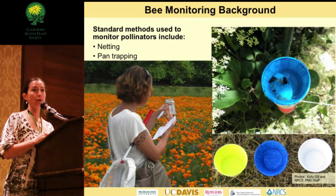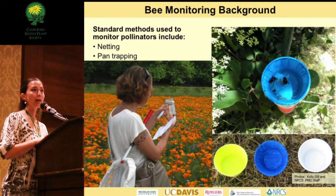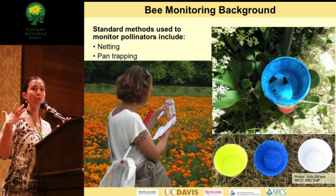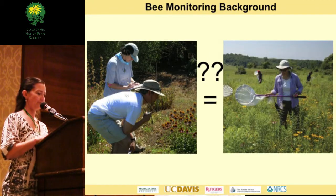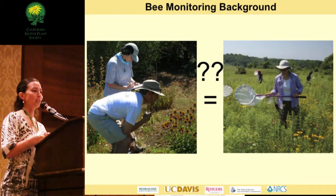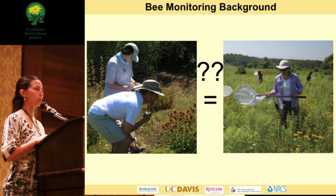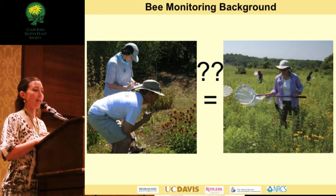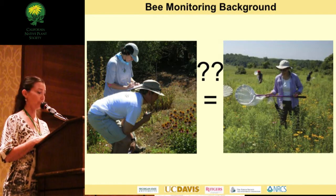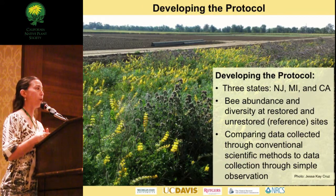Standard methods for collecting information about invertebrates usually include some sort of specimen collection where the insect that you're trying to attract dies. So one of the things that this protocol wanted to find out is whether visual observation gives the same quality of data as an actual specimen collection. So what did they do? These 3 cooperating